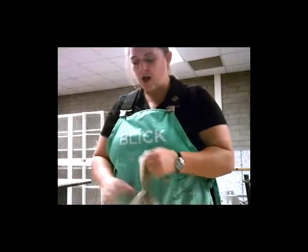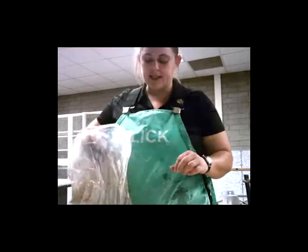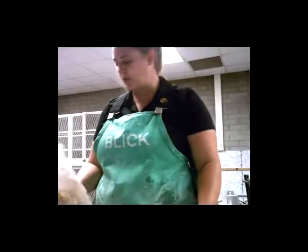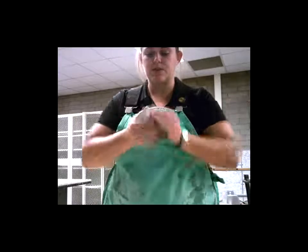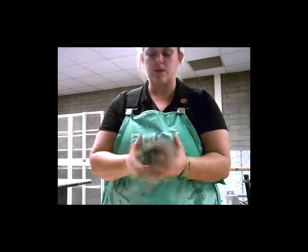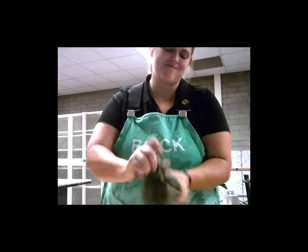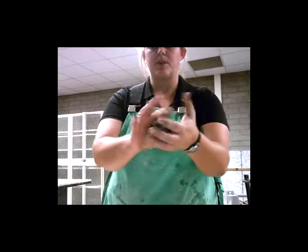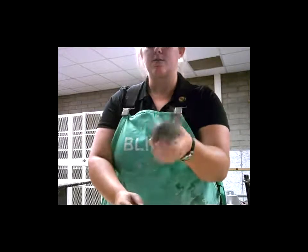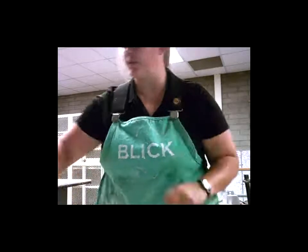So I'm gonna pop on into my clay bag, and I'm gonna pull out the clay that I use to practice making pinch pots. And I have this huge lump of clay. First thing I want to do is make sure it's nice and squishy and not super hard. Okay, so I think this will be squishy enough for me to work with. I'm gonna pull off probably a good fistful. I'm going to use this at the end of the project, so I'm going to save this little chunk of clay and put it back in the